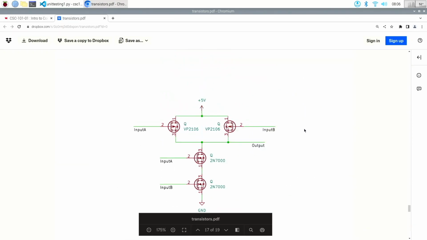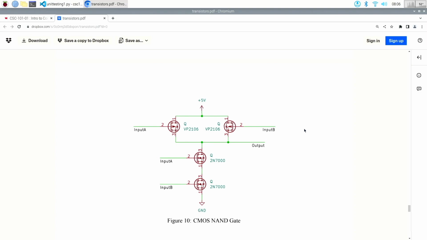Okay, so the lights are completely separate from this. You got your lights, but they don't directly interface with this part of the circuit, with the exception